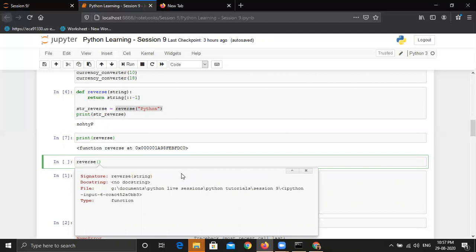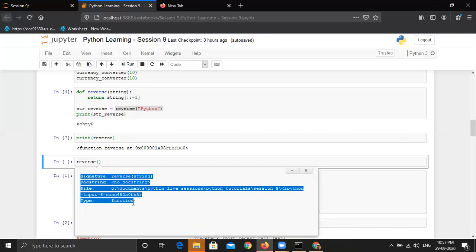So what is it saying? It is saying that this is a function by the name of reverse, and it takes only one argument, which is string. So you can see that it has defined this function in Python's memory in this kernel session, and it is also giving us the documentation.